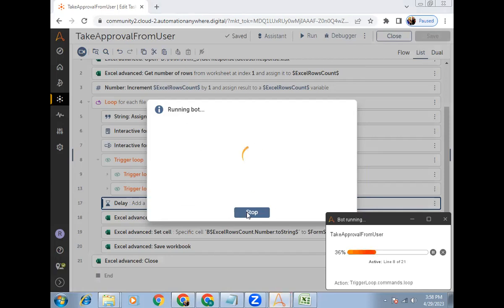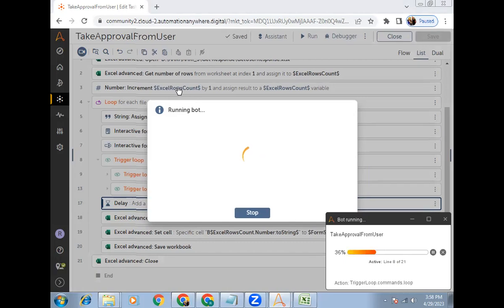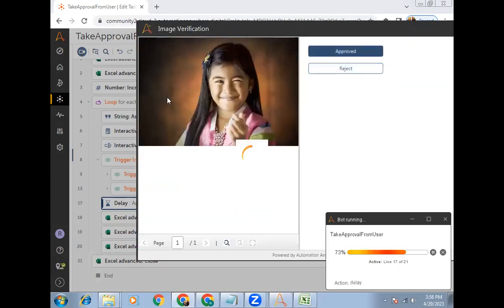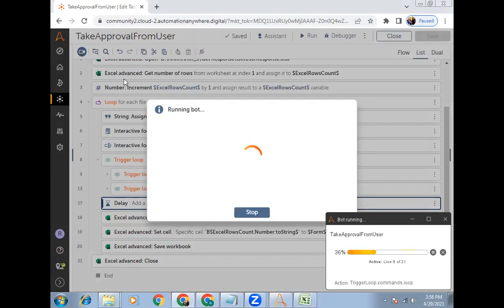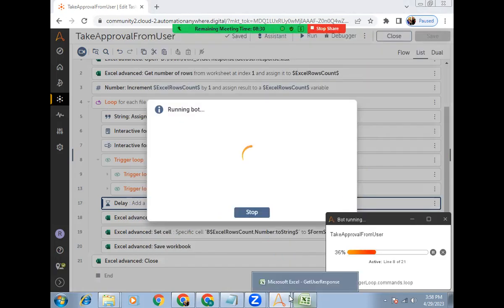So one mistake I have made, and I'll tell you what mistake. So outside of the loop, I have implemented this Excel row count, right? But this row count, I have to add this line of code inside the loop, because here we are inserting the value inside the Excel file. Right now, it will insert the same value at same position inside the loop, again and again. So what we need to do, just stop this code